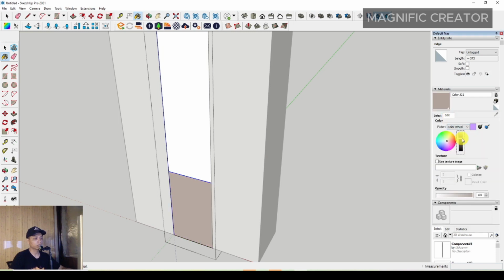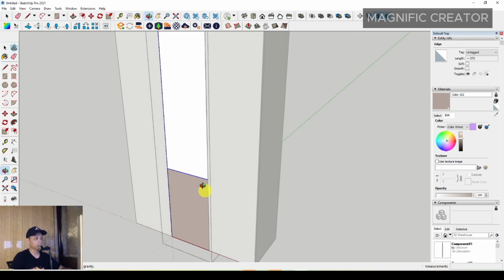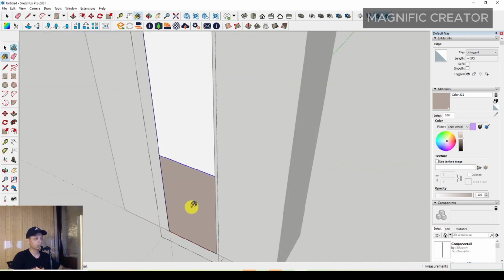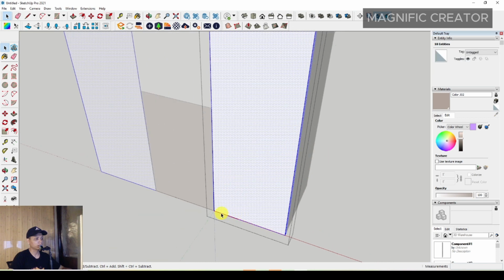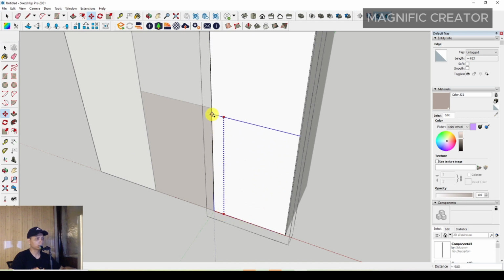Then you can select the color to make it more impressive. Then you can do the same method with the other door leaf by selecting the line and moving it to the upper position,